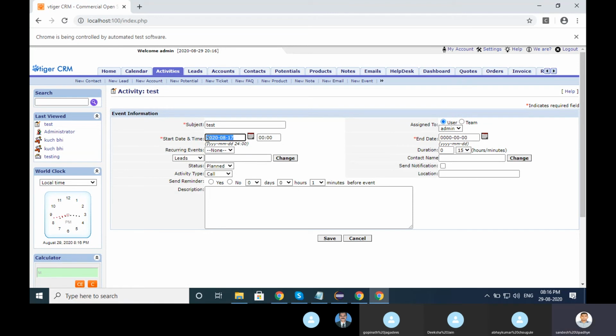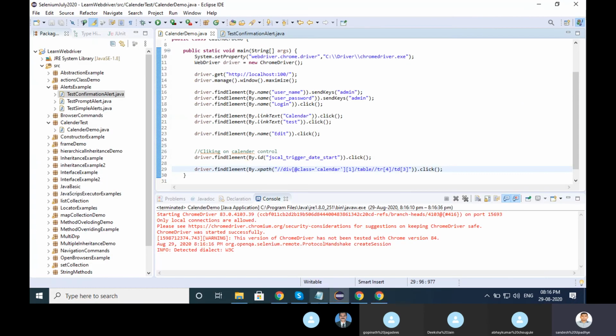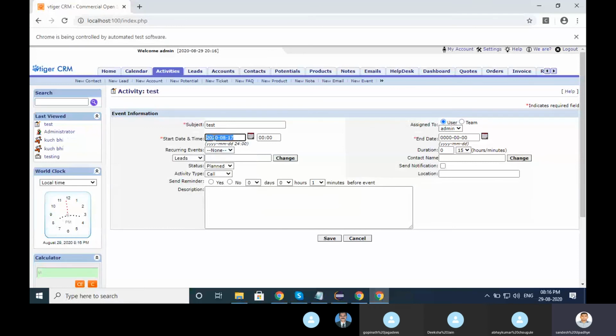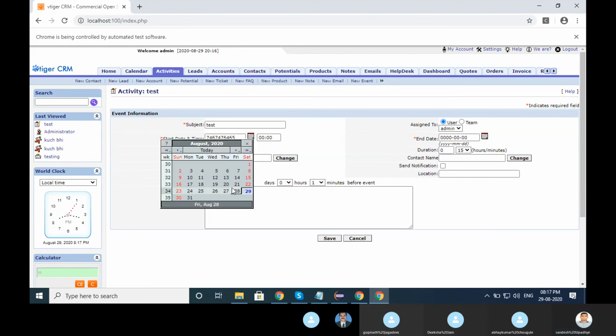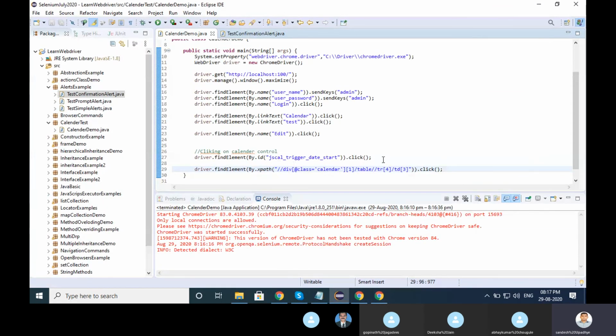17 is coming here. Do practice for other dates as well. If I want to click on the 28, you just want to find the XPath only, that particular thing. And another way, you can pass directly: if the text box is editable, look here, if the text box is editable, you can pass direct sendKeys as well. Same thing. I want to pass 19, you can copy and you can pass the sendKeys. No need to do everything here.